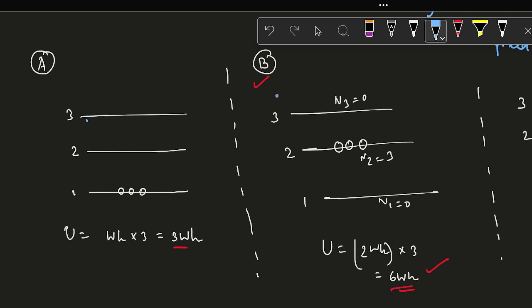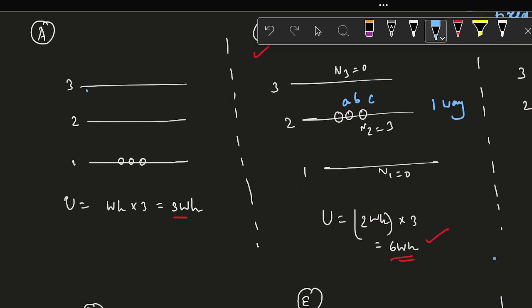Now in this case of configuration number B, when all 3 people are sitting on step 2, you have nothing else to do, because A, B, C will all sit together on the same step, and it does not matter whether you put A first or B first or C first. That does not matter, because all are on the same step. That means all are on the same energy level. So that combination does not really make sense in this picture. So here there is only one way to get 6WH in this configuration number B,